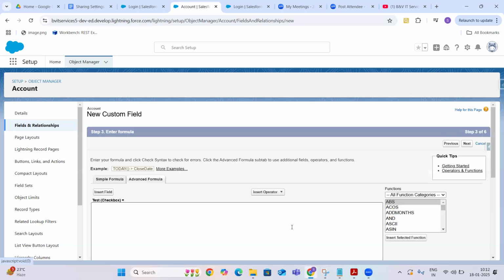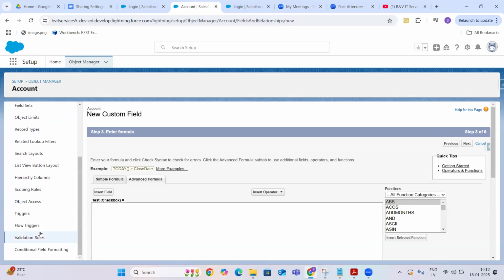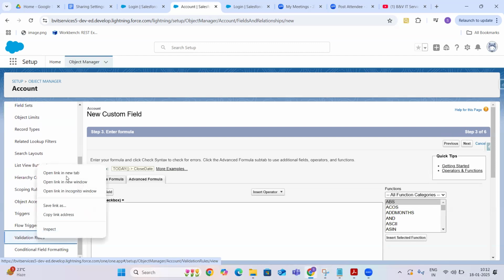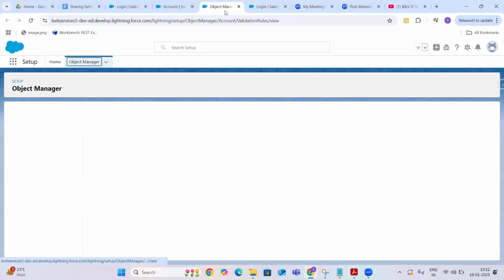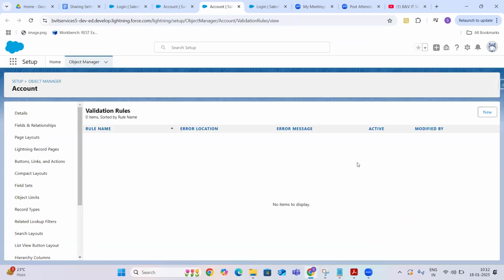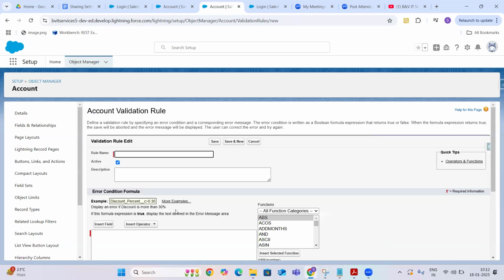Okay. So this is formula fields. Now, if I open up a validation rule in a separate tab, I'm trying to write a validation rule on the account. Insert a field.